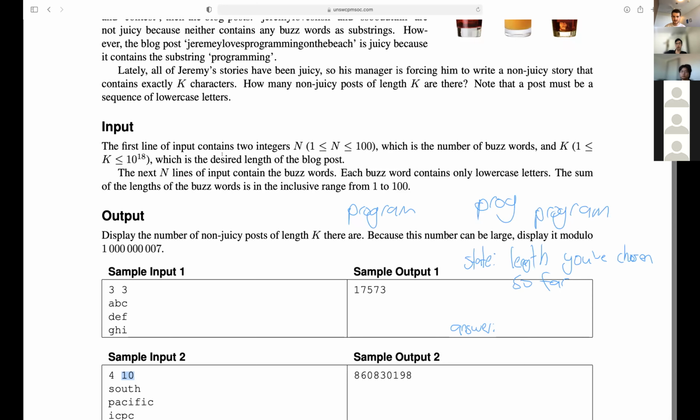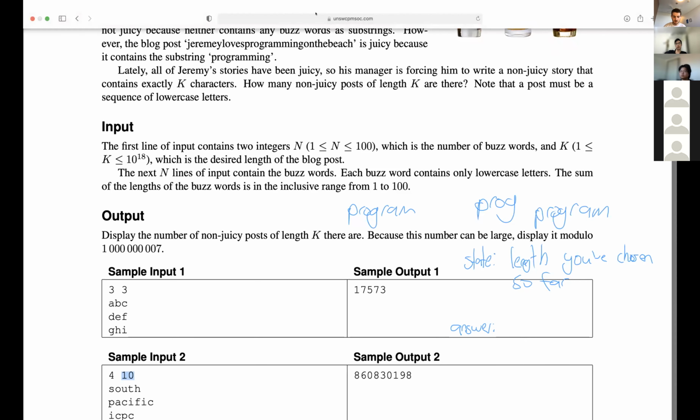But this state isn't sufficient because the previous letters matter. If you're adding letters one at a time to the end, let's say our post so far is prog. What you care about is whether the next letter you add will contribute to a buzzword or not.